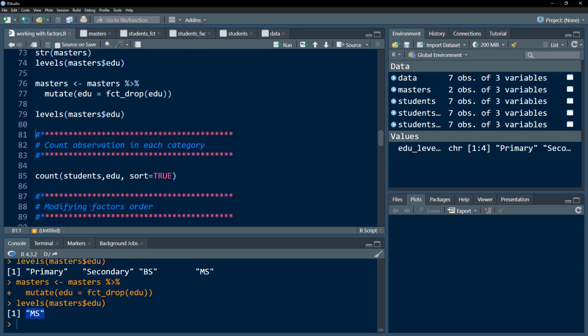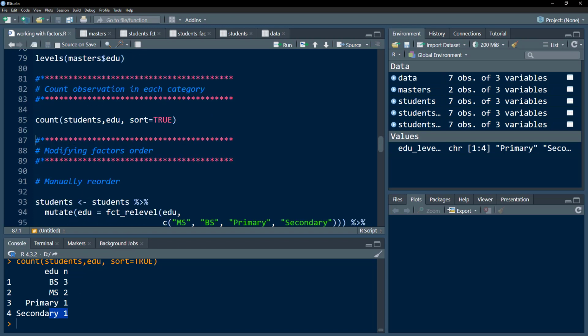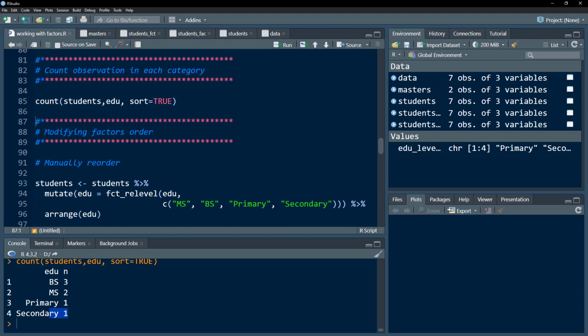So let's move forward. We want to count the number of observations in each category. We use the count function, take the data frame. We want to count the education column, and then sort it on the basis of the frequency. So we have 3 individuals from BS level of education, 2 from master's level of education, and 1 from each primary and secondary. So let's move to another part of this video, which is how do we modify the order